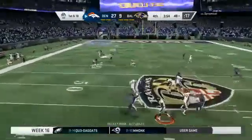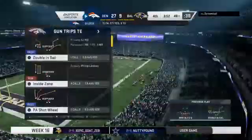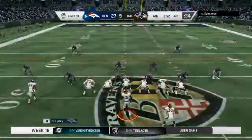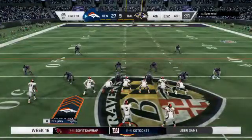Throwing on 1st down is Locke. And that is incomplete. He couldn't hold on through the contact. Brings up 2nd down. They're still throwing the football here. Now, obviously, the incompletion stops the clock. That's a bad thing. Feels to me like they're just keeping them honest on defense because you know they're going